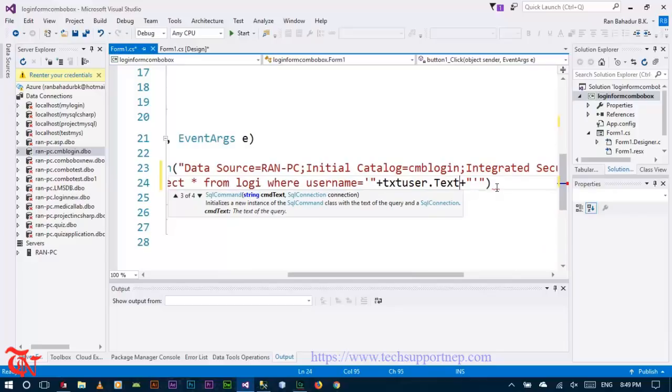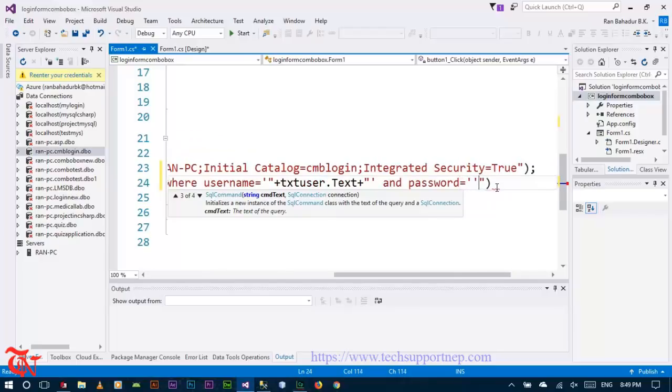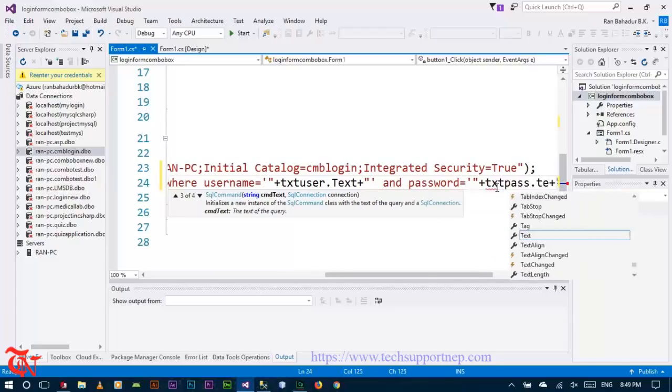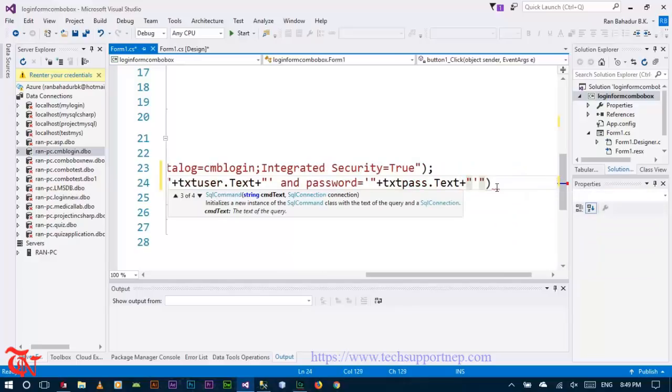in order to take the user input, and password is equal to, a similar process, txt pass dot text, and then we need to connect to our connection,